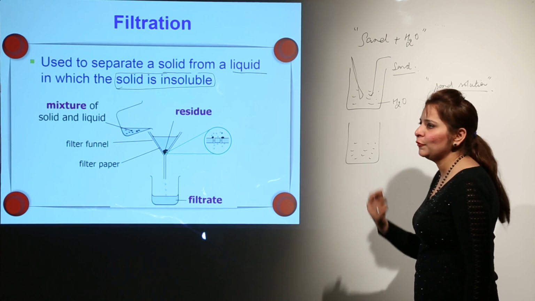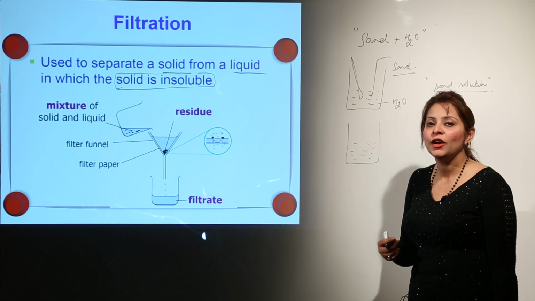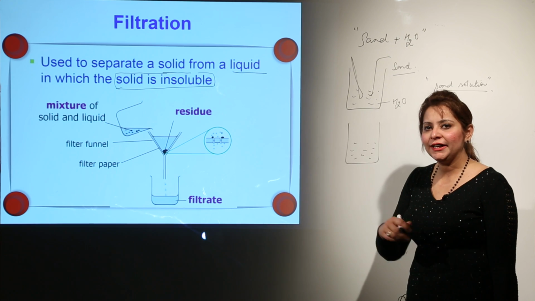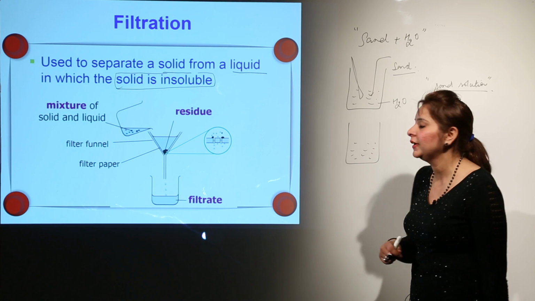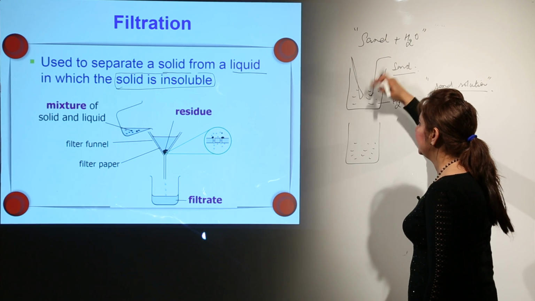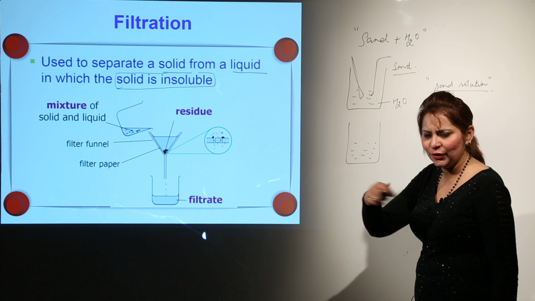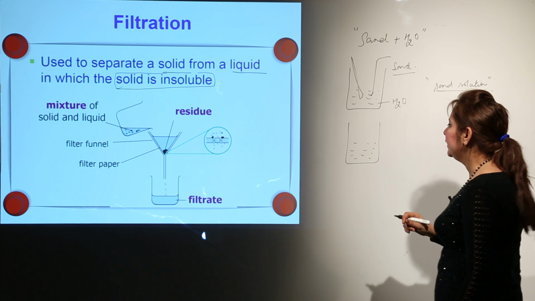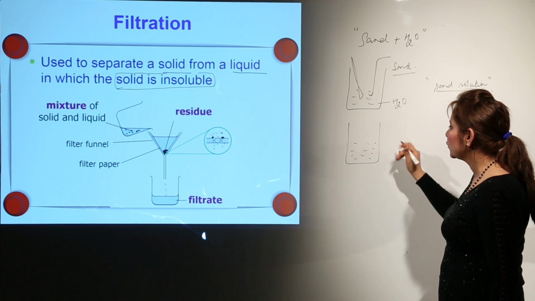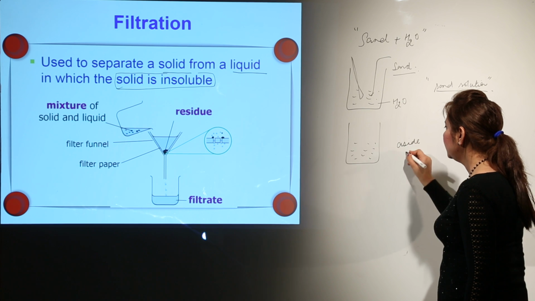It is none of our business how much it is going to dissolve, but we are making our best effort to dissolve it. Then I have kept this mixture aside undisturbed